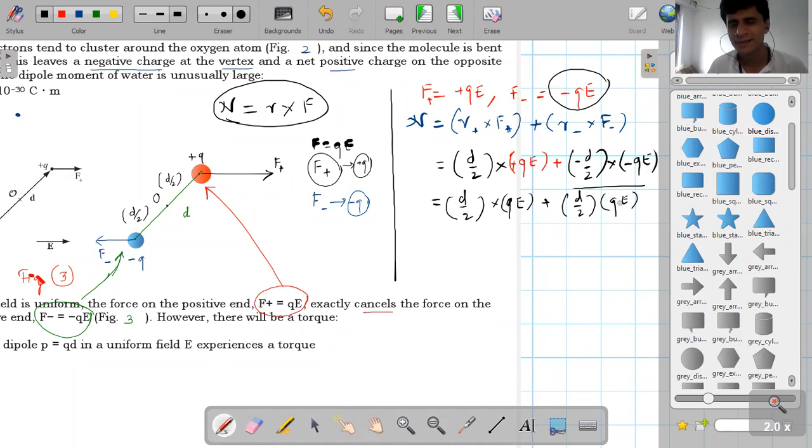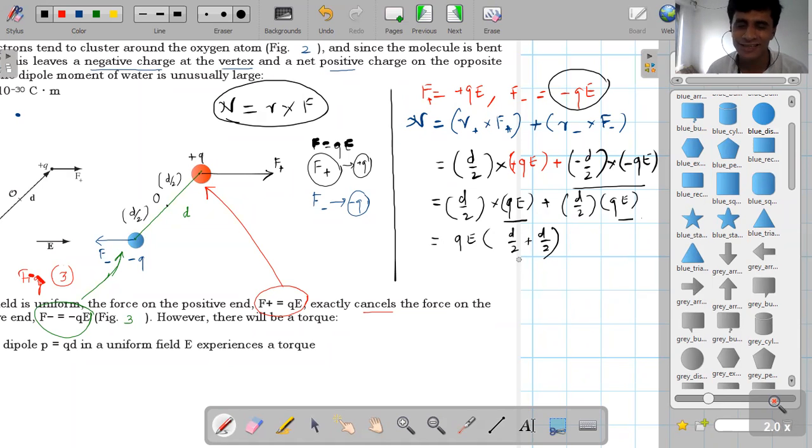Yes, up to this level. Now QE is constant, take it outside. Yes or no? QE is constant. Therefore, can I write like this? Understood up to this level? Yes, that's just QE only. Perfect, very good.